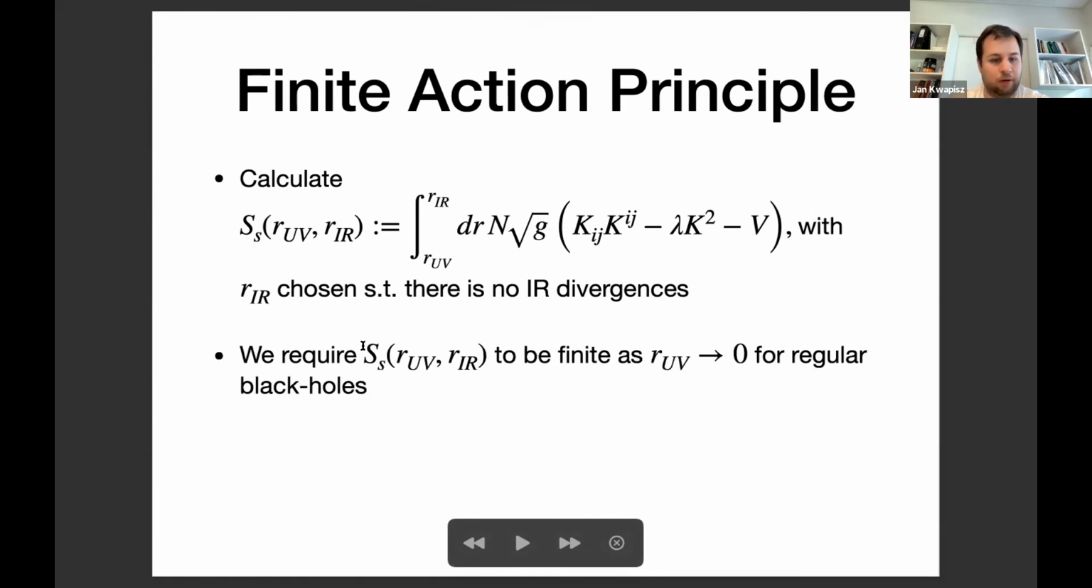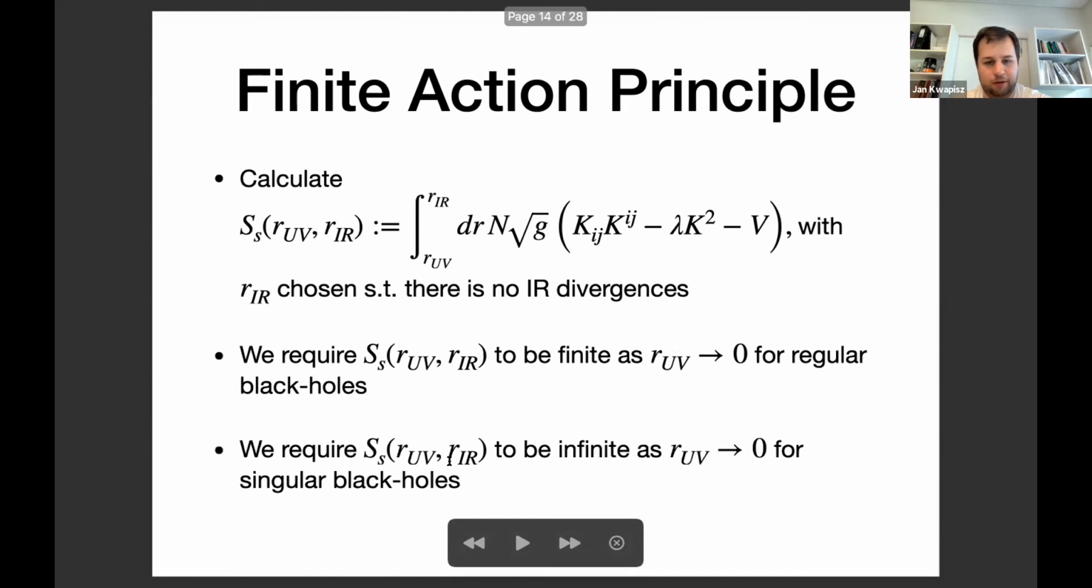And what we do, we require this action to be finite as we approach R UV to 0 for regular black holes, and we require this one to be infinite as we approach the same limit for singular black holes. There's one subtlety for Horava-Lifshitz that one has to mention,